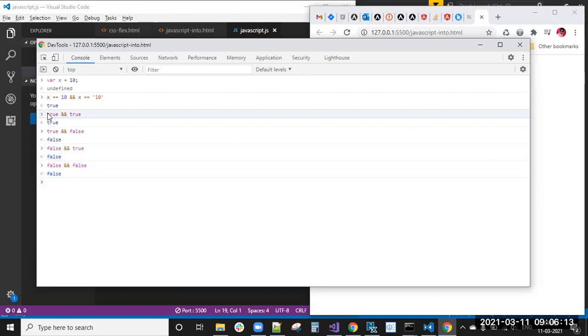See here, true and true, this you can remember. We will implement in these conditions actually, while condition checking only. x equal to 10, this is true and true. Because of that, here you got true. True and true and false, anyone is false, you will get false only. Similar way, anyone is true, you will get true.